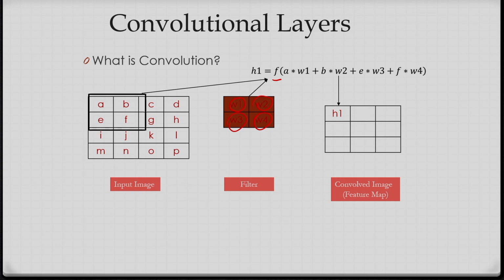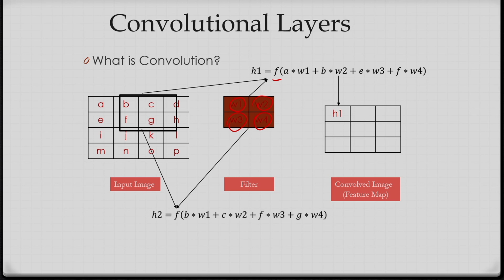Similarly, if I move the mask to the next pixel, then corresponding to this I can also determine the response of the mask. You can see I can determine H2 just like the previous one, and I get the value H2 here. Like this I do the convolution and I get the feature map, because I am extracting the features from the image.